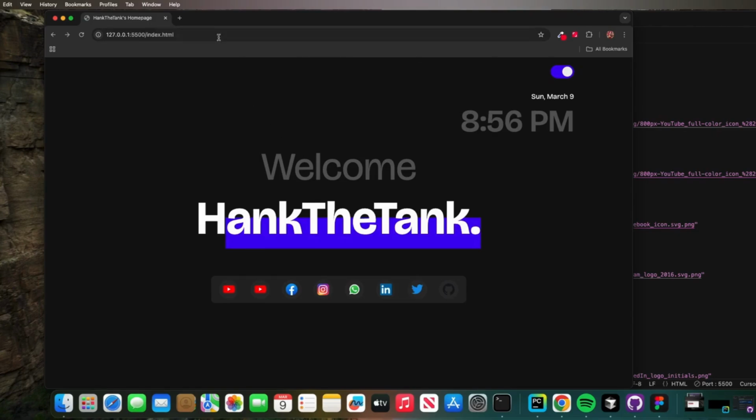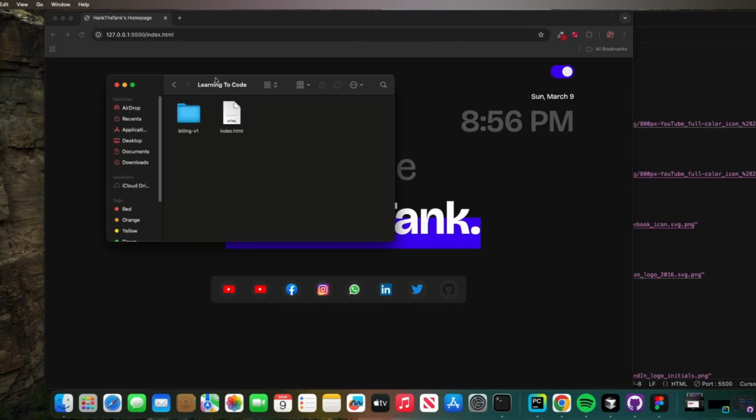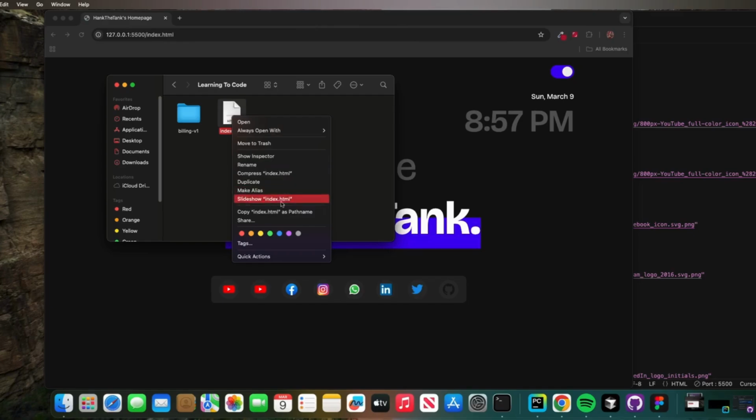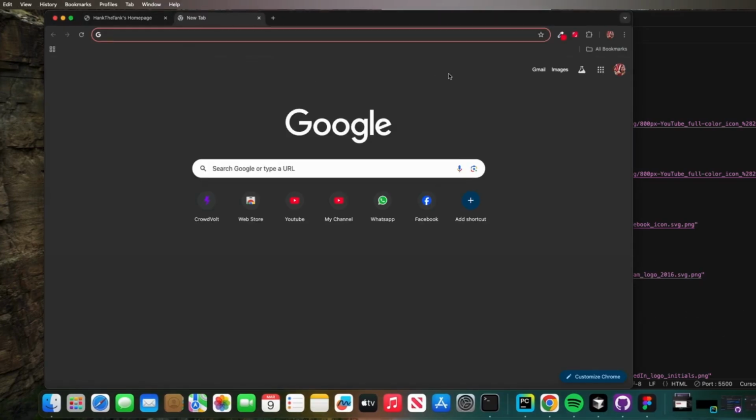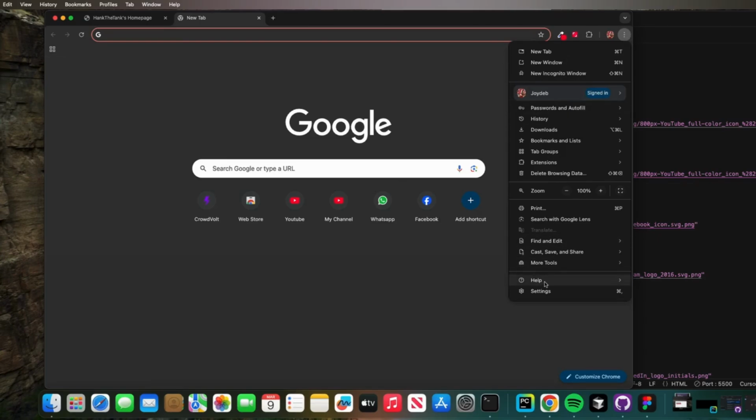Now all we have to do is get the path of this page. So I'm going to go to my Finder, where I have the folder open. I'll just right click and copy the path. If you're using Windows, you can easily copy the path from the top search bar. Once I have the path copied, I'm going to come here and go to settings,